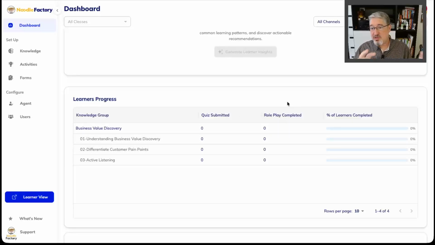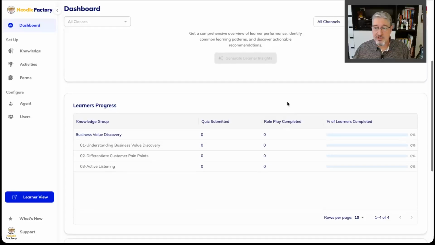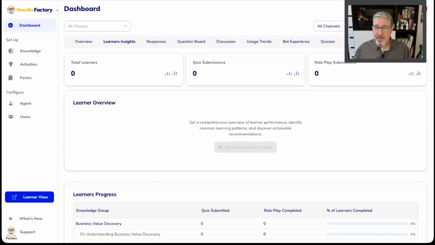I can see maybe there's a concept or an entire topic that students are misunderstanding, and I can see where students are either genuinely engaging with the material or trying to find workarounds or shortcuts. I've got visibility to that if I'm able to keep students between the guardrails in Noodle Factory with Walter.